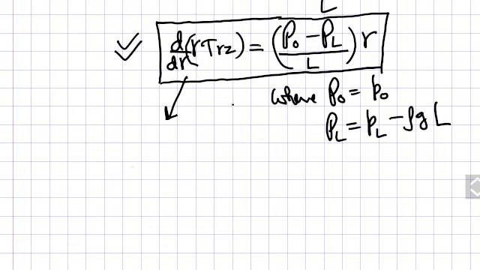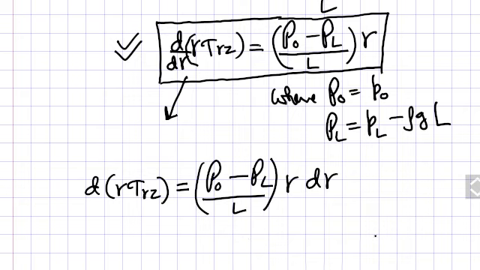You already know these things, so I am writing here so that we can take these terms to the left side and right side like this. d(r tau rz) we will take on the left side, and then the r variable will be on the right side. You can see now we will integrate it. And this is your constant, so you can integrate here. So what will be the result?